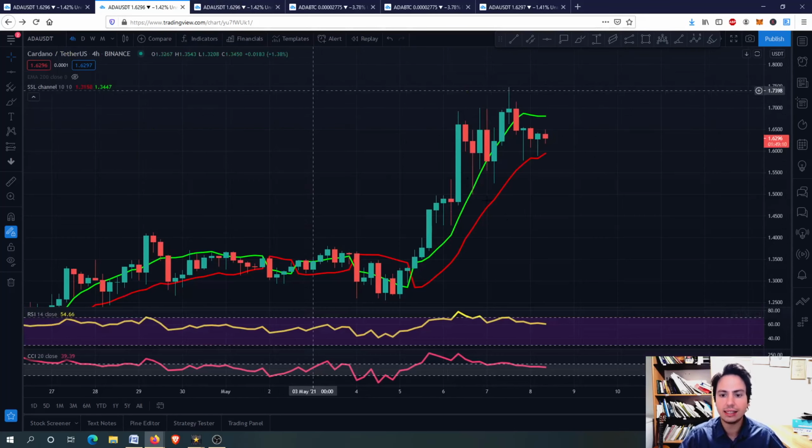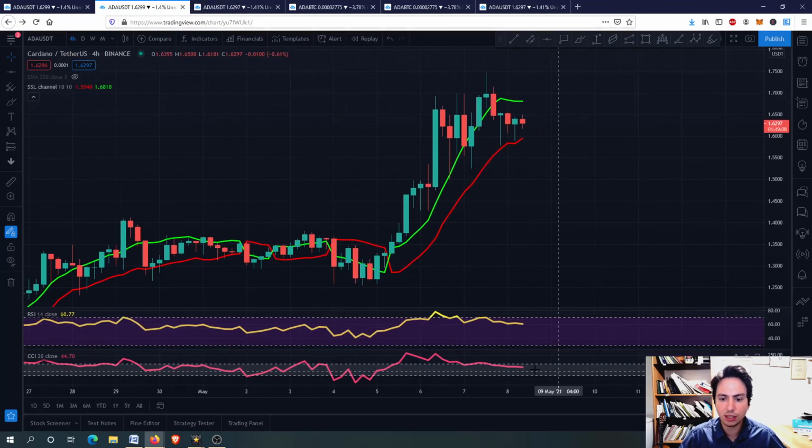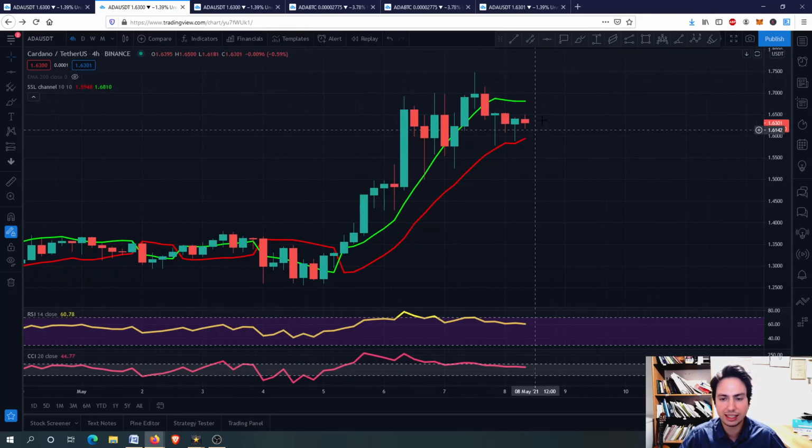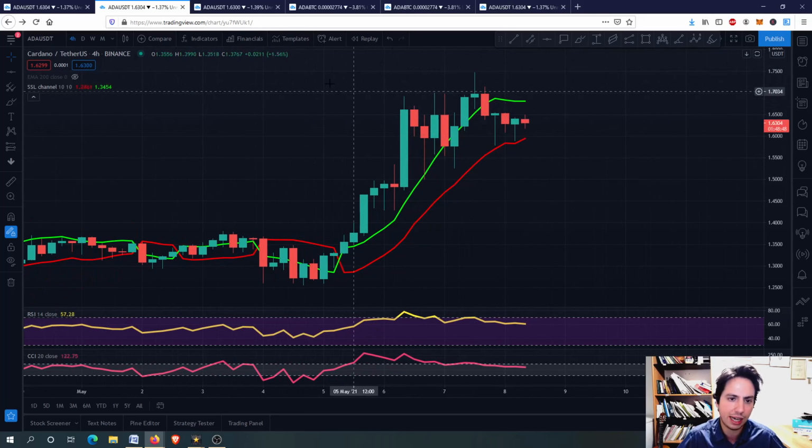Okay? And especially as the RSI goes down and the commodity channel index goes down, if ADA can maintain its price value and go sideways as both of these indexes go down, then it will be good, and it means that the coin has a very strong value right now, and of course it can go upwards, okay? Right now, according to the SSL channel, we are having a buying opportunity. However, we will explain that in the price analysis.